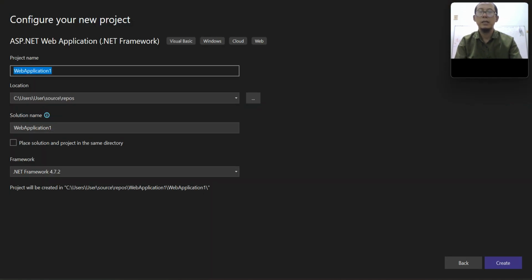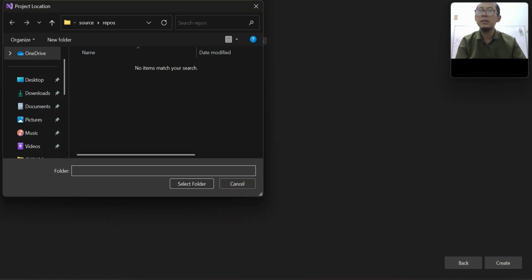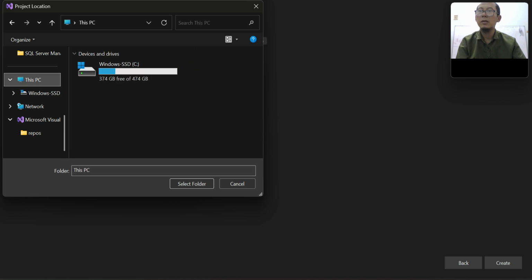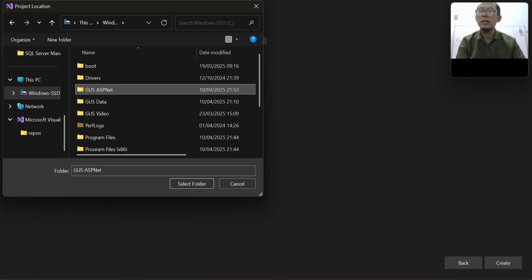For example, I name the application RPMS test. I will put it in the folder I just created before, C, Goose ASP.NET.